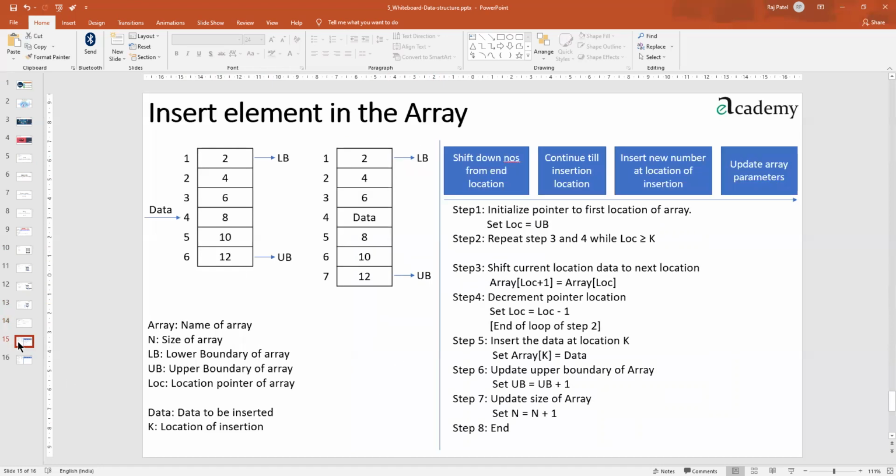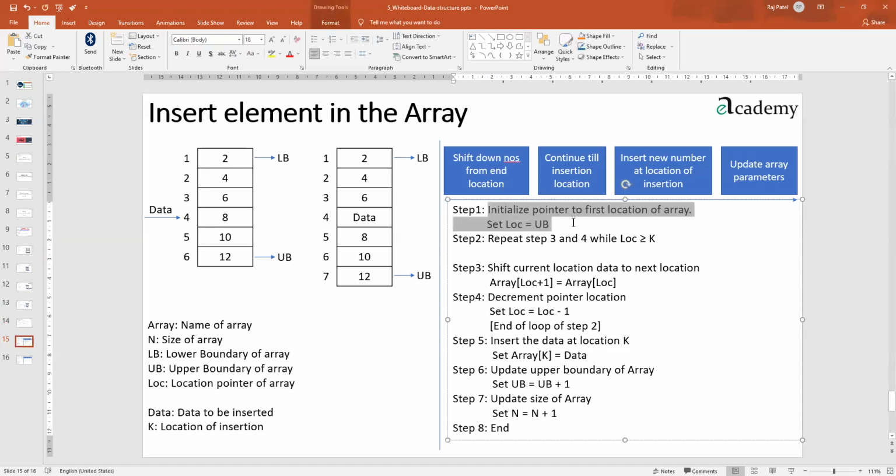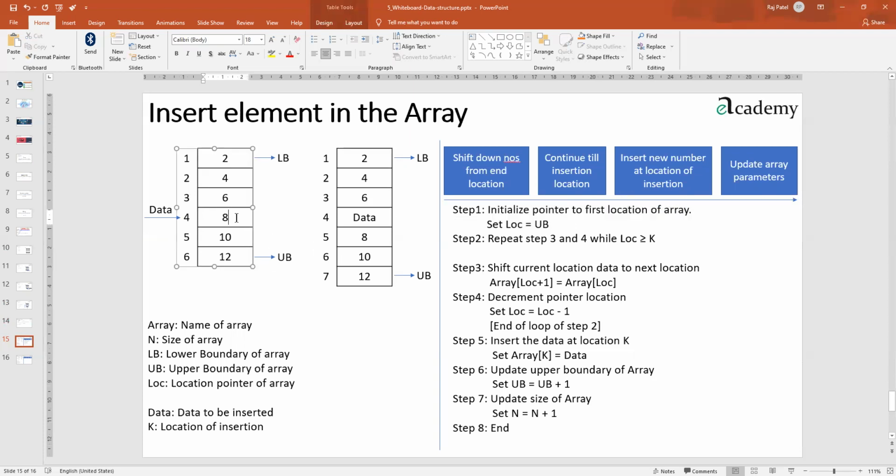I also taught you last time one of the algorithms, inserting a new element, where we learned that if you want to insert an element, we have to start from the last location. So we chose one thing, that we have to shift down every element and make the space first. We started last time from the last position, that is the upper boundary, and moved it to the next location, that is seventh. Then the fifth location we moved to sixth, it came here. Then the fourth location data we moved to the next, the fifth, it came here. And this is the place where it was to be inserted.